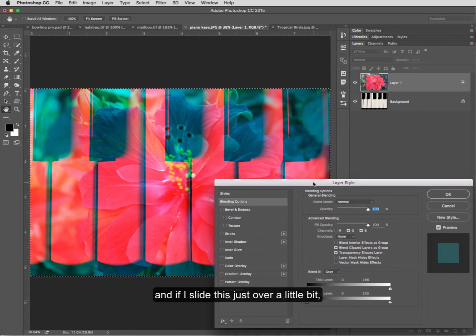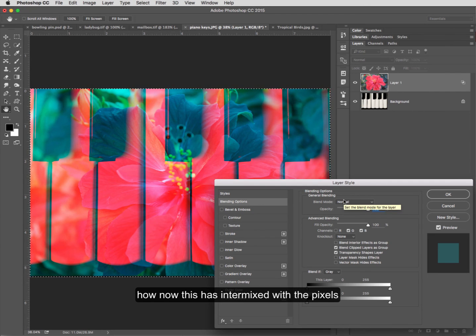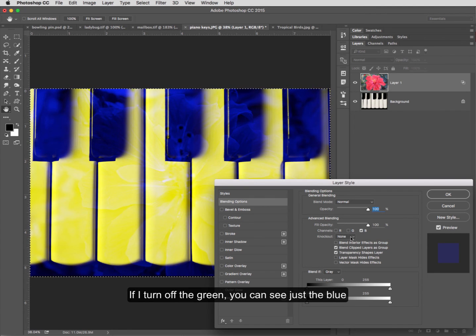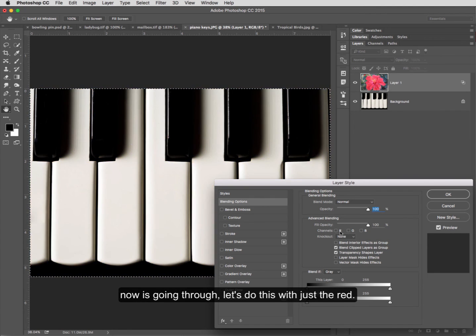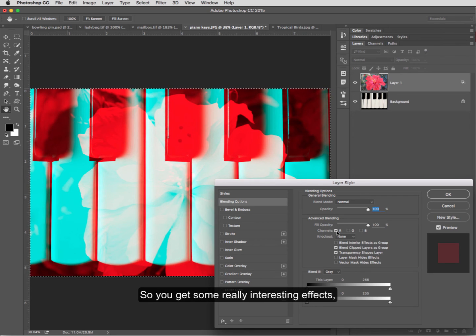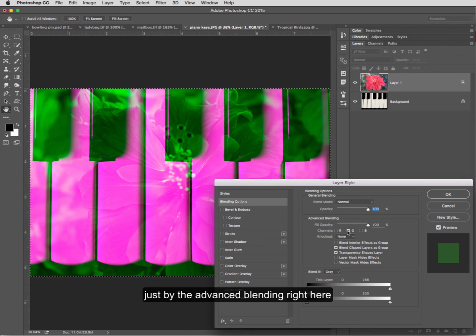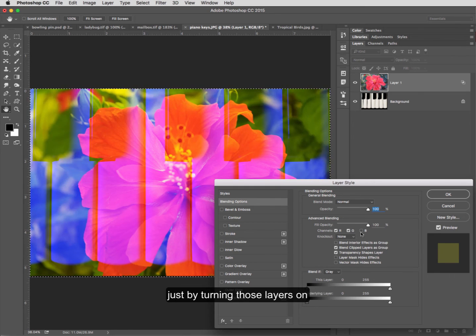And if I slide this just over a little bit, you can see by just turning off the red how now this has mixed with the pixels that are below it. If I turn off the green, you can see that just the blue now is going through. Let's do this with just the red. So you get some really interesting effects just by the advanced blending right here,